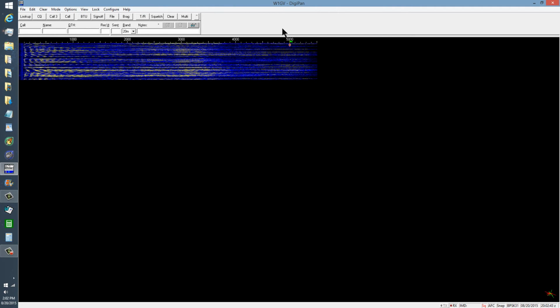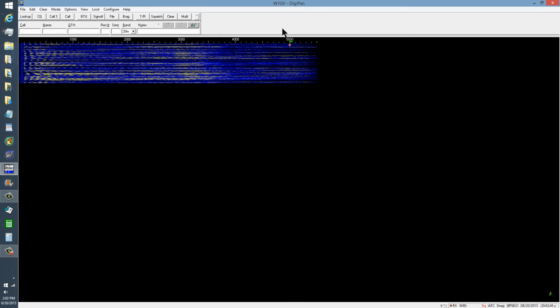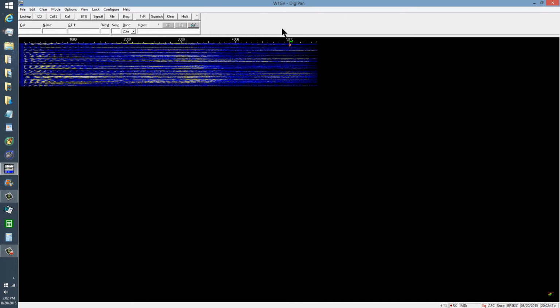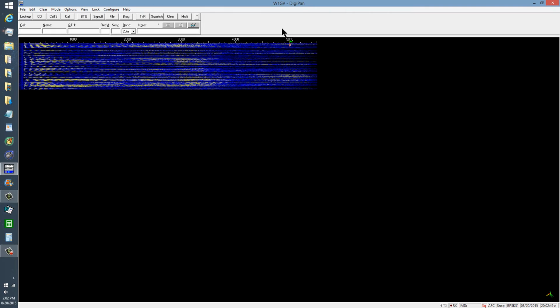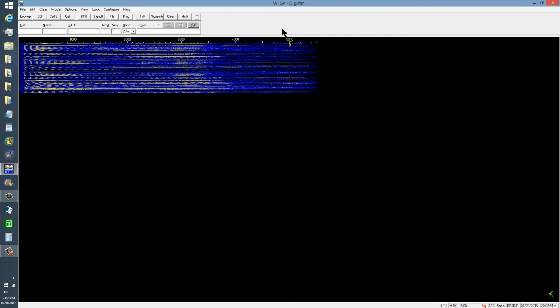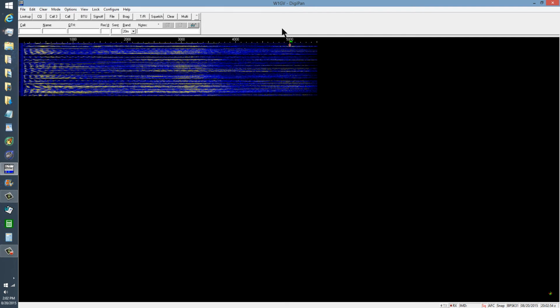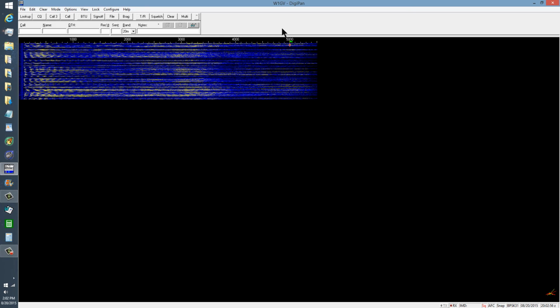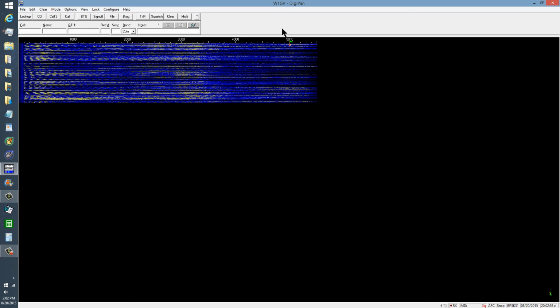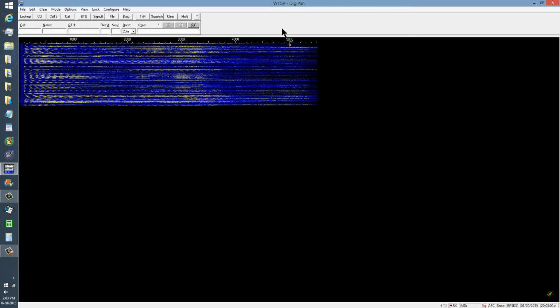You can see that it doesn't look anything like the dirty electricity that I've showed you in the book, but we'll get there. What we need to do first is make sure that we can at least see audio on the computer